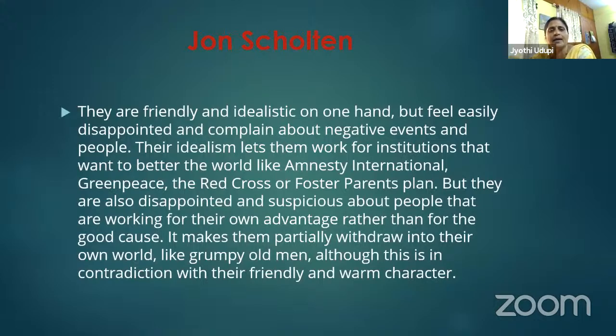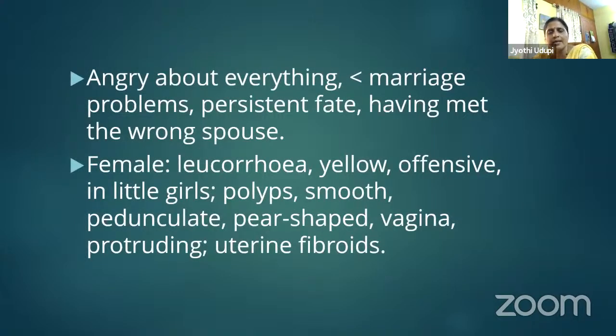They are friendly and idealistic on one hand, but feel easily disappointed and complain about negative events and people. Their idealism gets them to work for institutions that want to better the world, like Amnesty International, Greenpeace, the Red Cross, or Foster Parent Plan. But they're also disappointed and suspicious about people that are working for their own advantage rather than for the good cause. It makes them partially withdraw into their own world, like grumpy old men, although this is in contradiction with their friendly and warm character. Angry about everything, aggravated marriage problems,